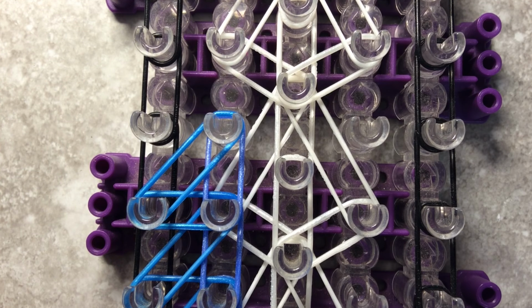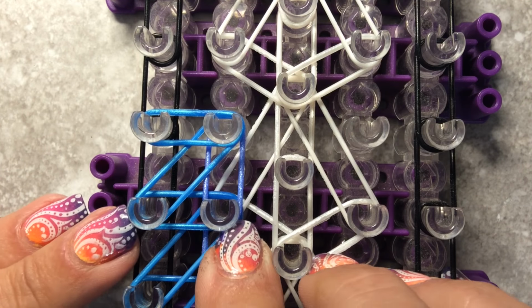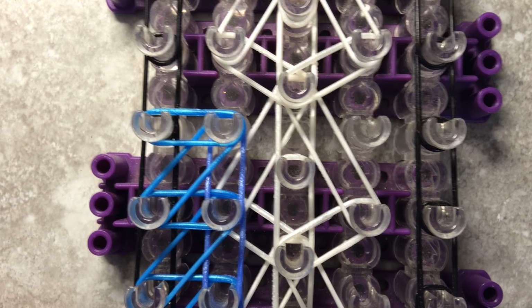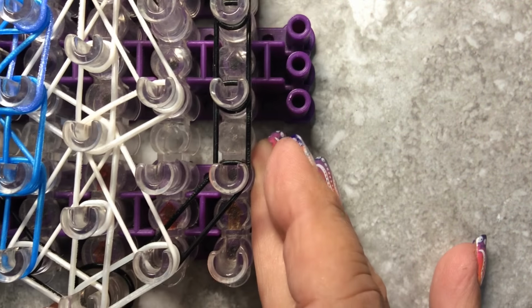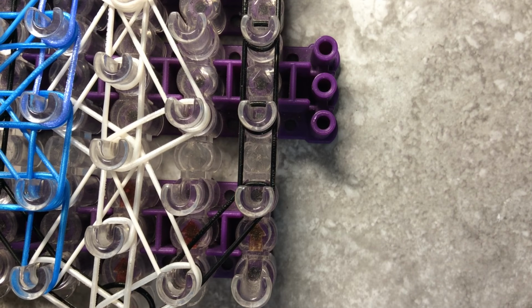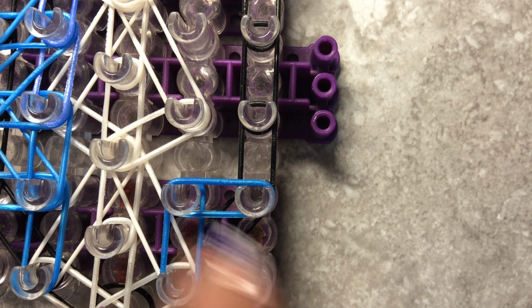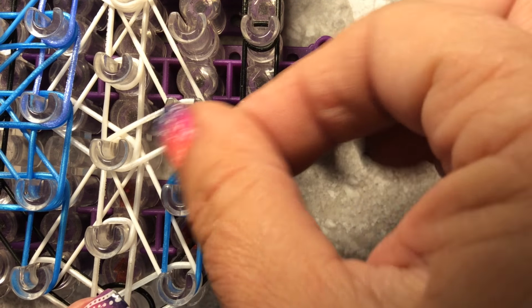Okay, I'm going to do the same thing on the other side. Sorry for my hands. I have a tendency to push bands down as I go because it looks like there's going to be a lot on there. All right, so I'm going to go over to the right side here. Second pin bar from the right. Take your main color, or if you're using two colors, that is. First pin, straight up, out to the right, and you're working from the second pin bar from the right,